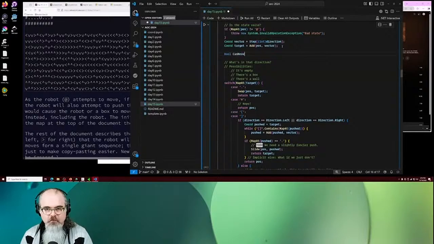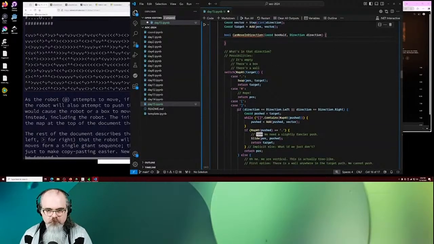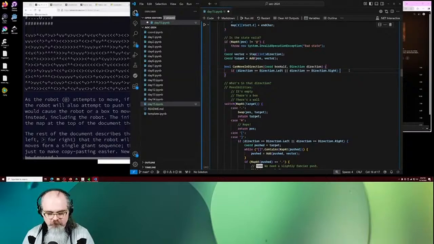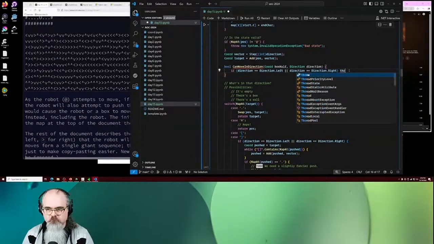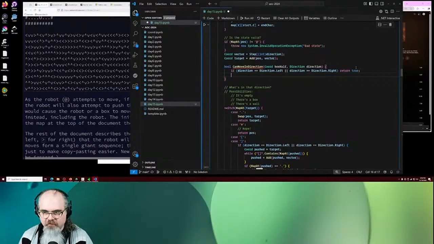Bool can move in direction, Coord box half, direction direction. And again, if the direction is left or the direction is right, return true. This is trivial. Like, maybe it can't, but like,